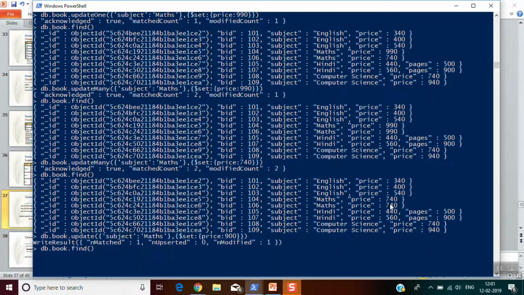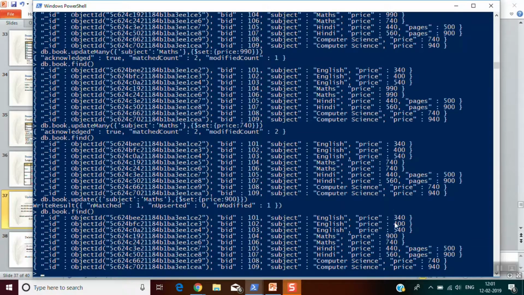Okay, and then I will print this. So you can see here the price of maths has been changed from 740 to 900. Here we have 740. So only the first record is updated. So if I do it